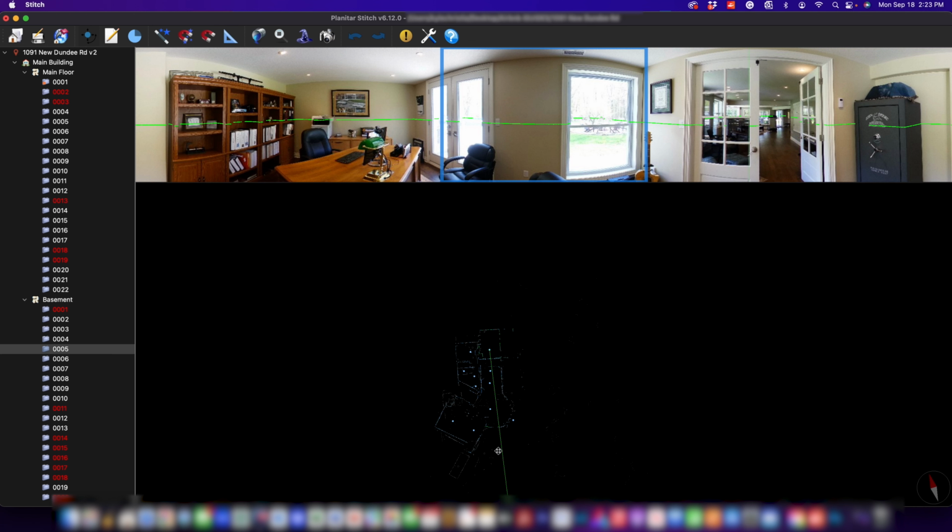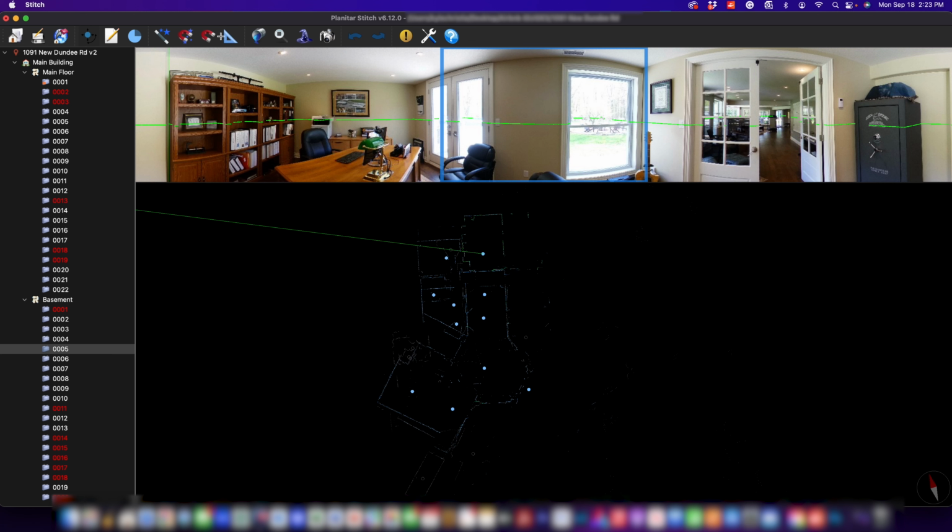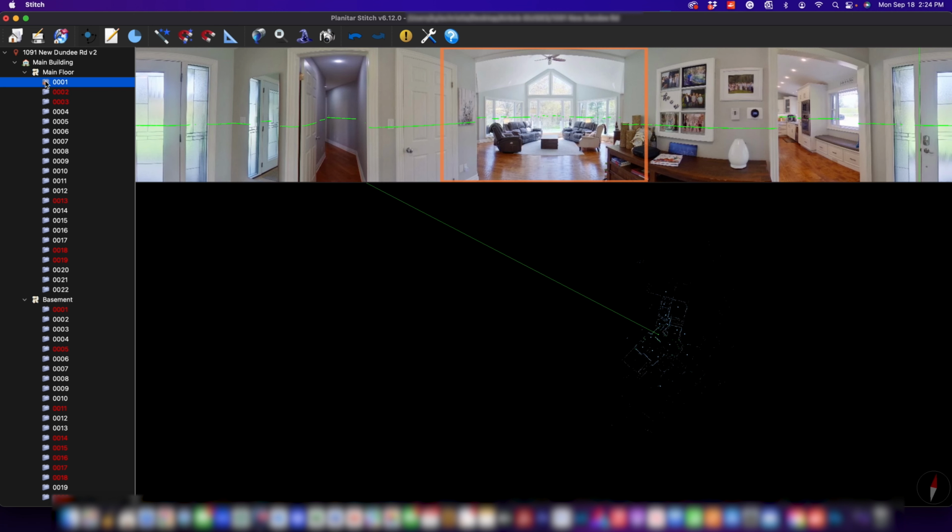So now that we have everything stitched and it looks good, all we need to do is set the initial panel. The initial panel is what people will see when they click on an iGUIDE. It's often the thumbnail that someone sees in realtor.ca or realtor.com. So typically you want that to be the very first image, which this is a great one. So I'm just going to right click, set as initial panel, and then I'm going to click the save project